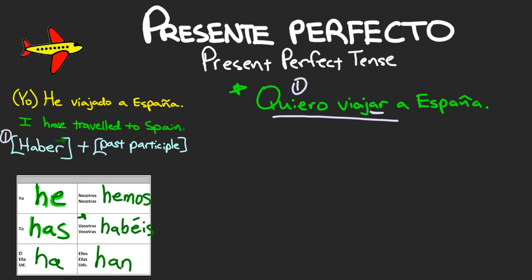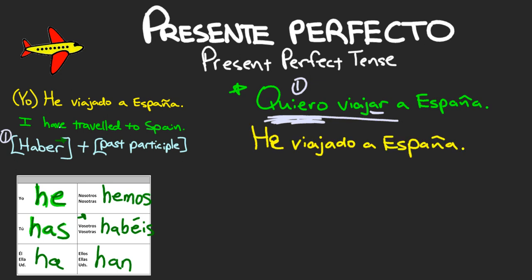Well, the reason is because in those other conjugate stop examples, we were really only doing the first action. So in a statement like quiero viajar a España, I want to travel to Spain. In that moment, the only thing you're actually doing is wanting. You're not traveling to Spain because you're saying that you want to travel to Spain. So that's why we only conjugate the quiero.